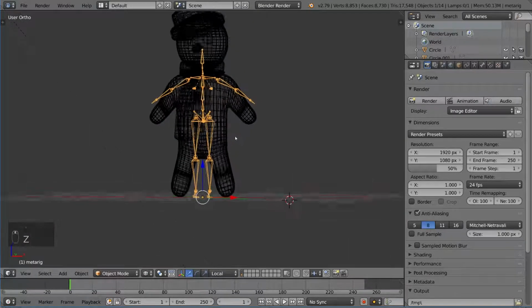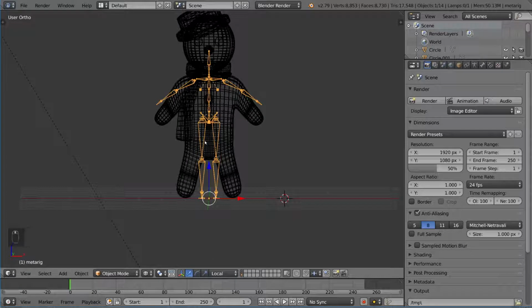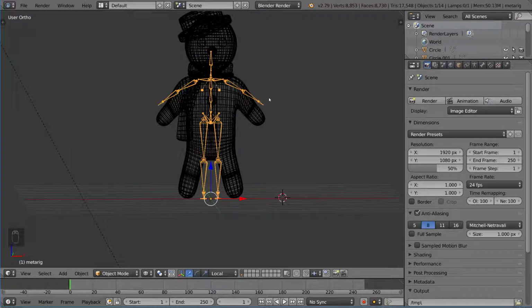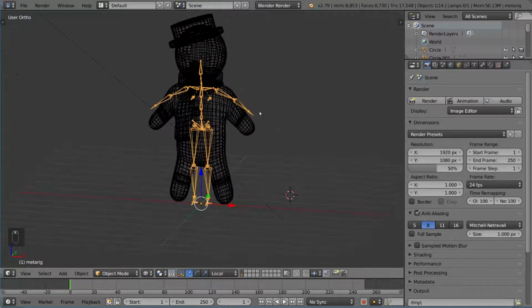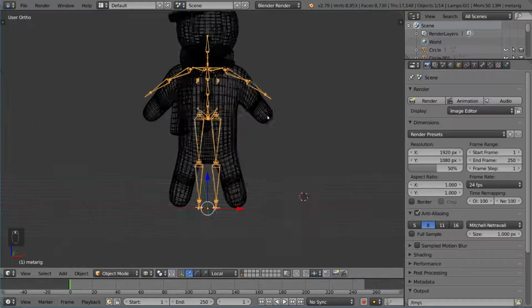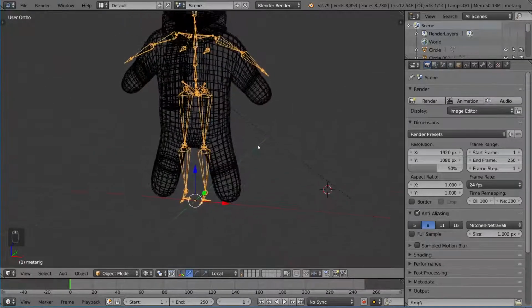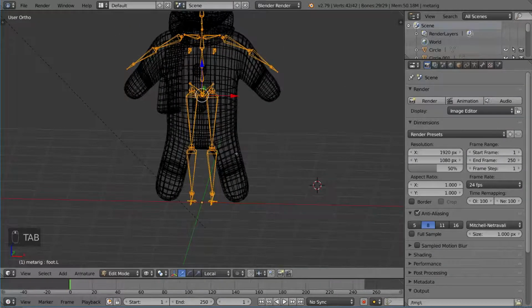I don't know if I made up that letter or not, but it looks like an M pose because it's kind of like an A, but with spread out legs and stuff like that. Usually A pose is just the arms are at a diagonal, but in here we need to adjust anything that we can. So with that in mind, we're going to go ahead and go into edit mode,